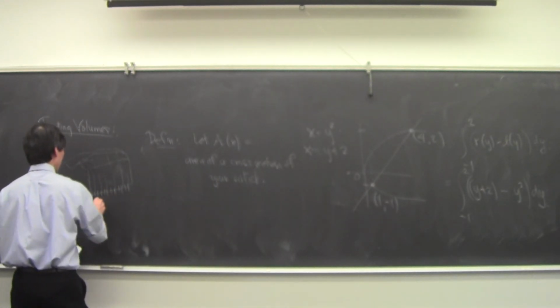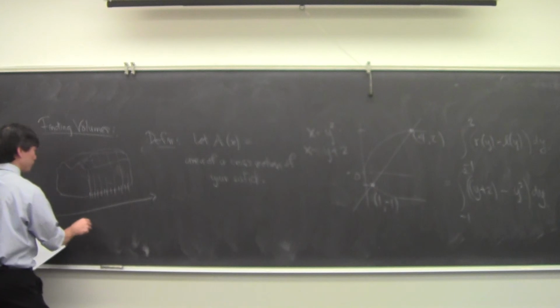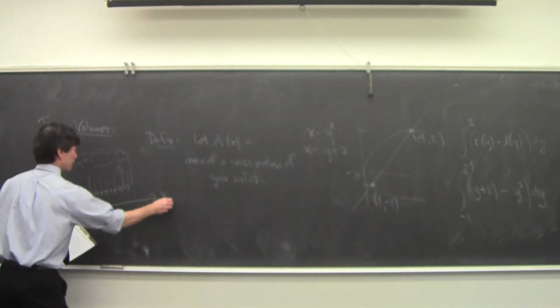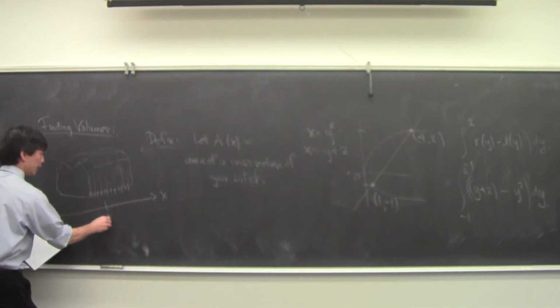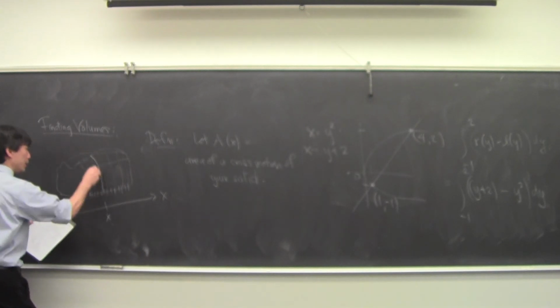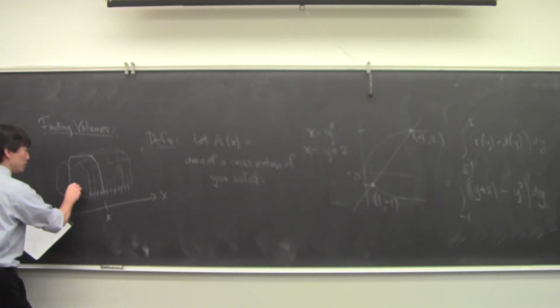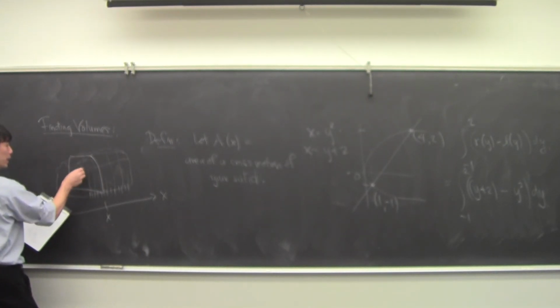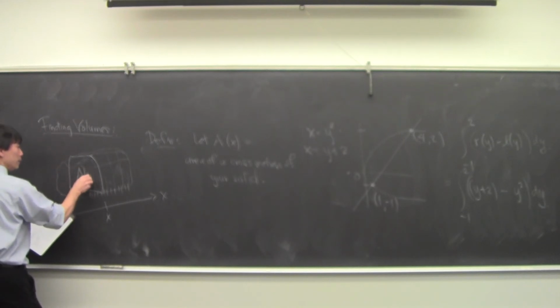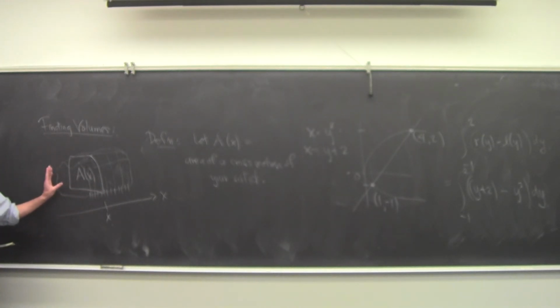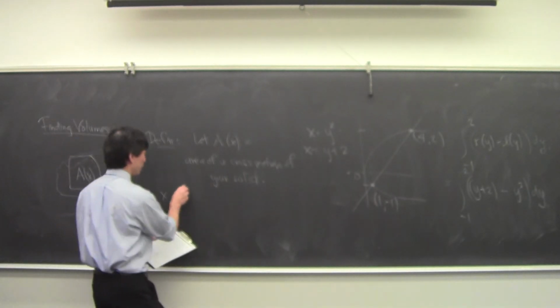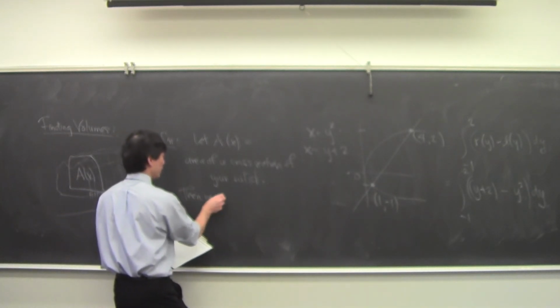Right, so you have this thing. Here's the x-axis. And at each x, you slice through your object, and you get this cross section. The area of that cross section we're going to call A of x. Okay, then we define the volume